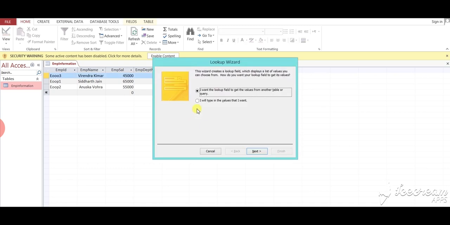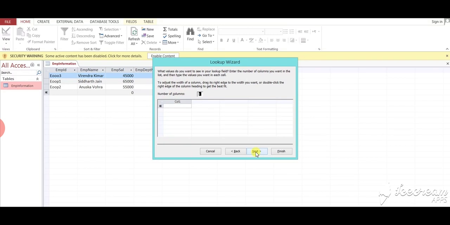Now lookup wizard dialog box appears. Click on second one option, then click on next button. Now here we insert values for making a list. Here we insert capital A, B and C. Then click on next button.